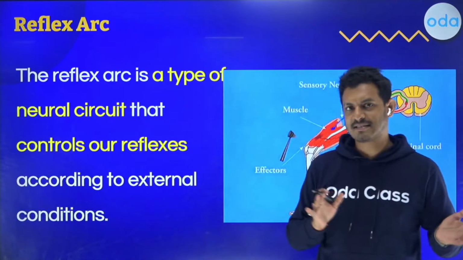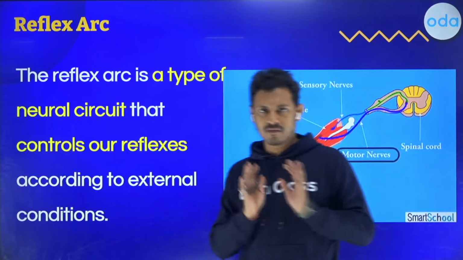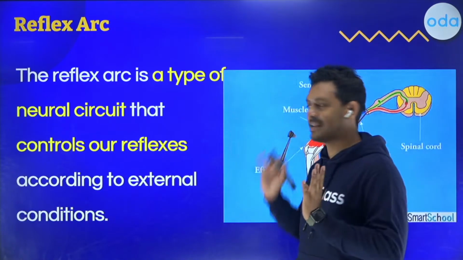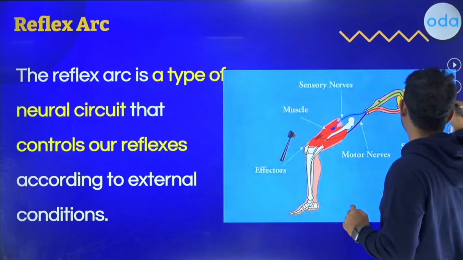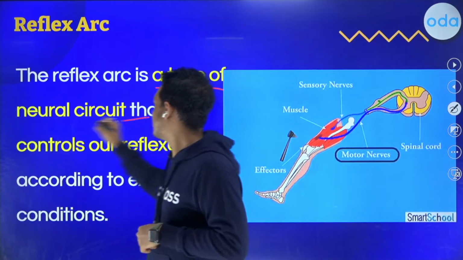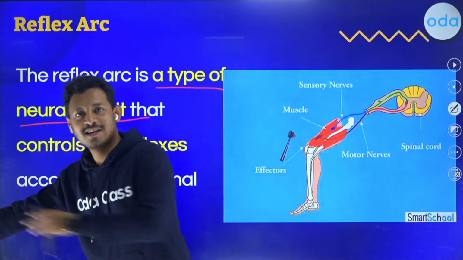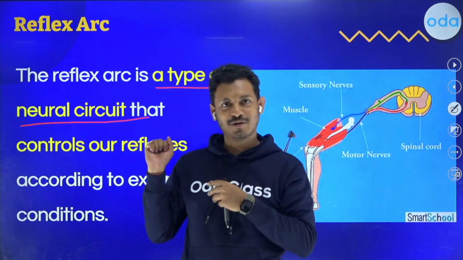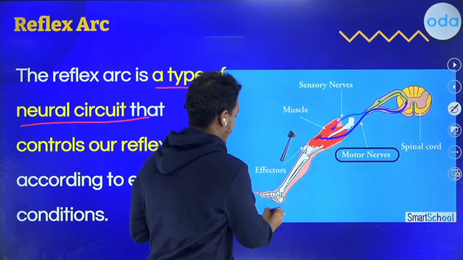You have learned about the reflex arc around ninth standard itself. So, for people who are new to this topic, let me give a little beginner explanation. Paralysis has everything to do with the reflex arc. What is a reflex arc? A reflex arc is the process through which your body relays information. It's like a closed neural circuit. If I'm about to touch something that's too hot, the signal goes to my brain, and my brain orders my hand muscles to not go there, responding to external stimuli.